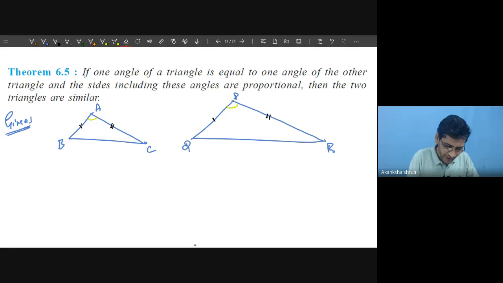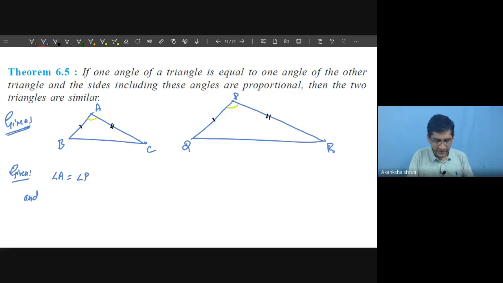So these are the two things which are given, then we have to apply. So what is given here? The given condition is the two conditions. Angle A is equal to angle P, and